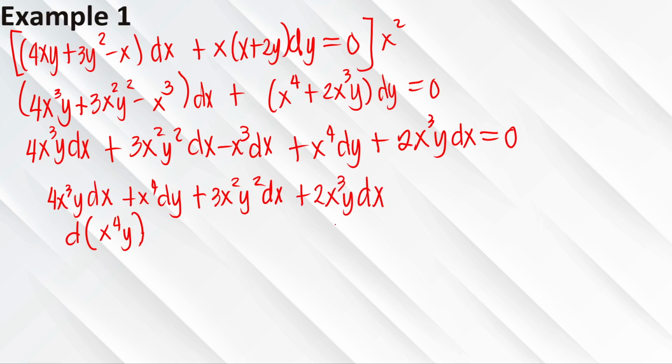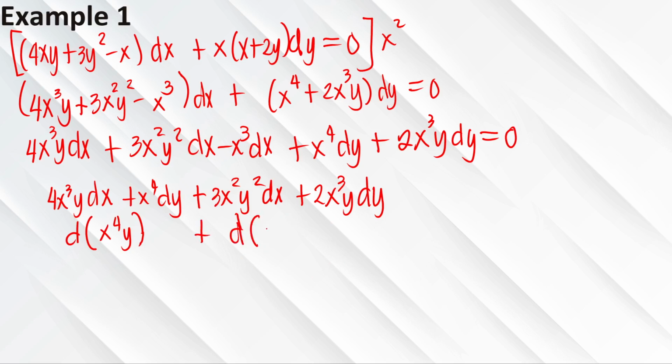Kung mapapansin natin, kung ililet natin si x cubed na u, ang du niya is 3x squared, which is nandito, 3x squared dx. At kapag ililet naman natin si y na v, ang dv niya is 2y dy at nandun yun sa kabila. So basically, derivative din ng product itong dalawang magkasunod na to. That is, that will simplify to the derivative of